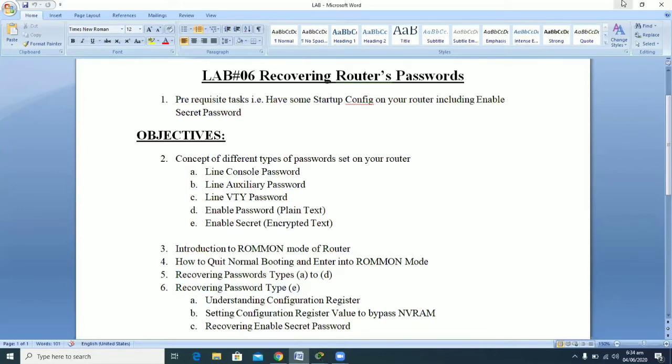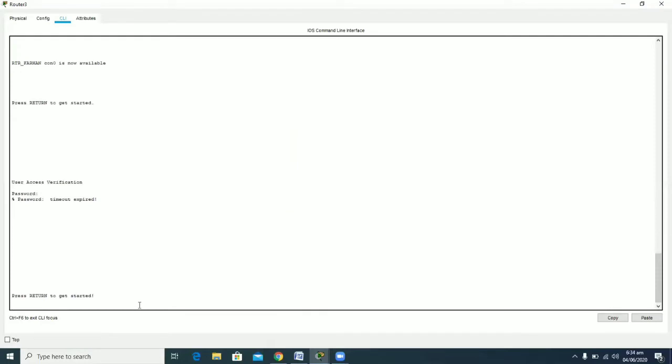So now I am going to give you an idea of the ROM mode of your router. As you have seen in this lab also, we have the user mode, the greater than sign, we have the enable mode, the hash sign, the global configuration mode, the config along with hash sign, but there is also a very powerful mode that is known as the ROM monitor mode, and this ROM monitor mode helps you to recover your IOS as well as your startup configuration, and also this mode helps you in recovering your password.